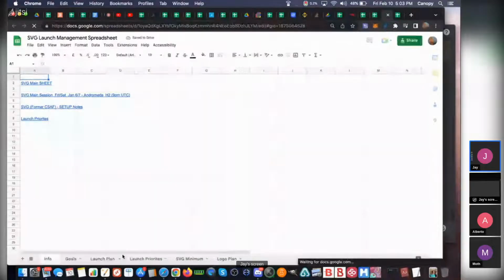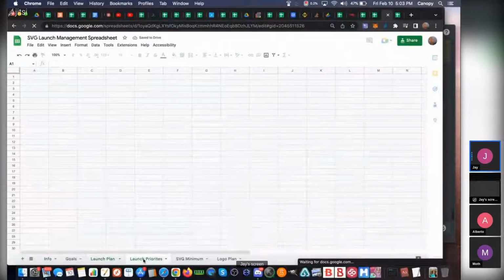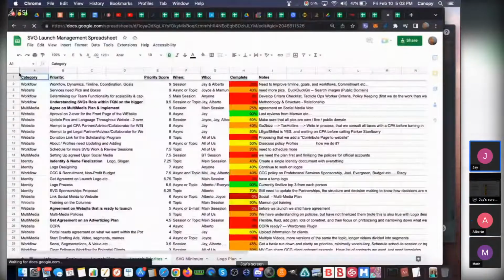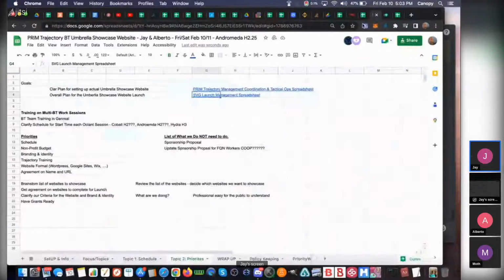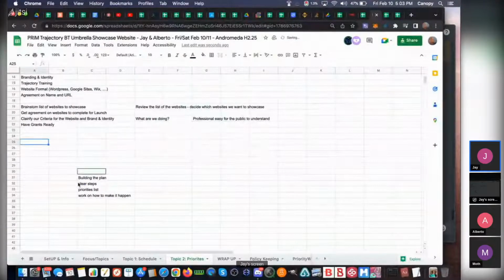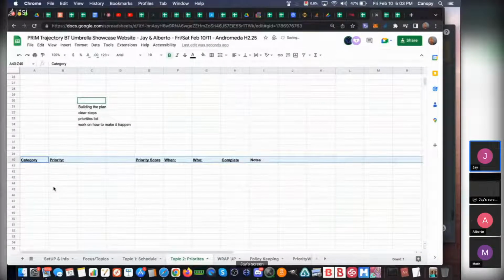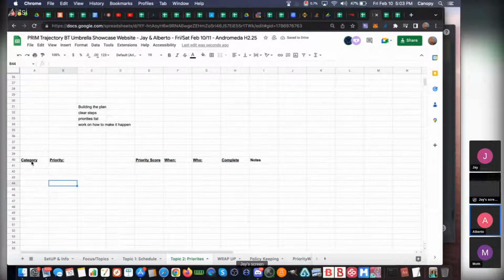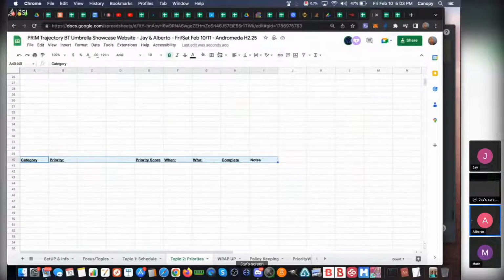Yeah, so I'm just going to pull up our priority list from the SVG. So we have line 25, category, priority. Wait, building the plan, what's all this? What's line 31? Now this go to is line 40. More notes. I'm going to put them up here, like steps. The next steps, right?